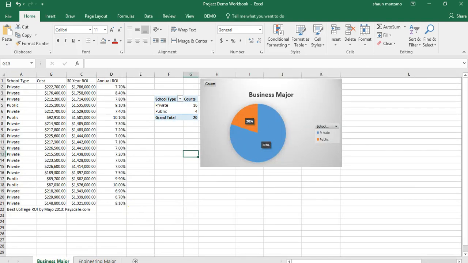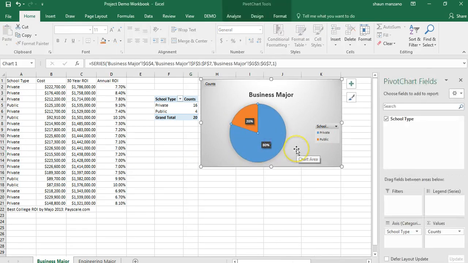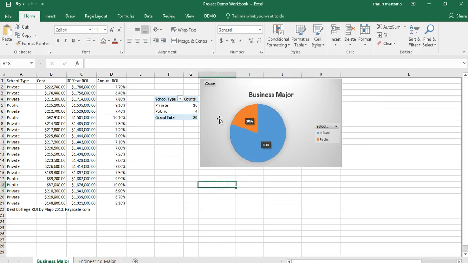The next thing we're supposed to do is comment about the results. So of course you can say something similar, that there's 80% more private schools than there are public school types, or 20% less, or only 20% public schools, something like that, right? All right, the next thing we had to do was, for each of the 2 majors,